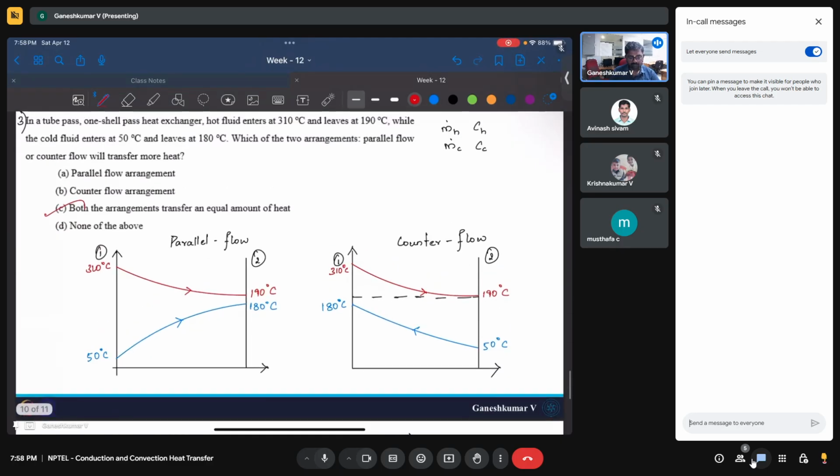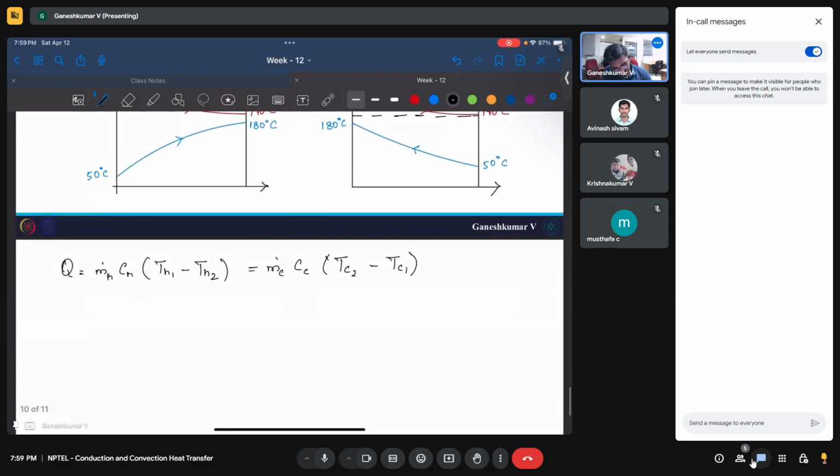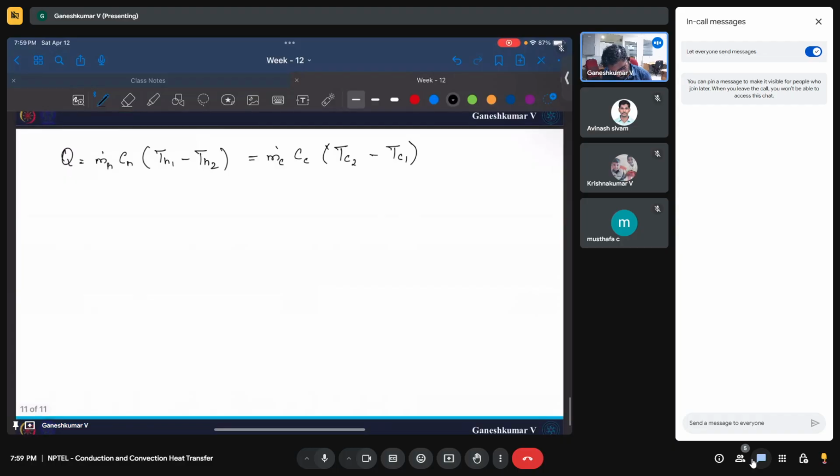But why do we need a parallel flow and why do we need a counter flow? If you think about it, you guys are thinking too much. It's simple. Let's try to find out what the difference is. Let's find out what delta T or LMTD is. So LMTD for parallel flow